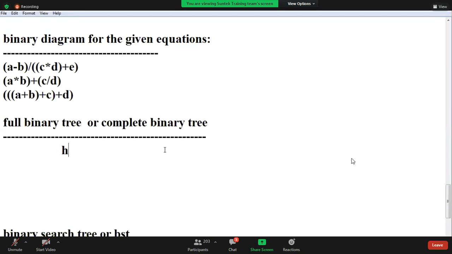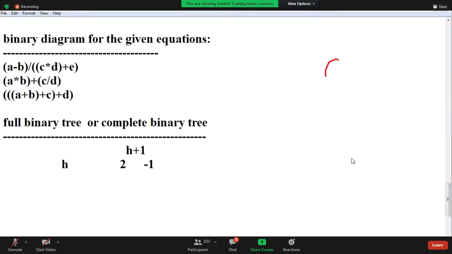A tree of height h has 2 power h plus 1 minus 1 elements. Then it is called full binary tree.